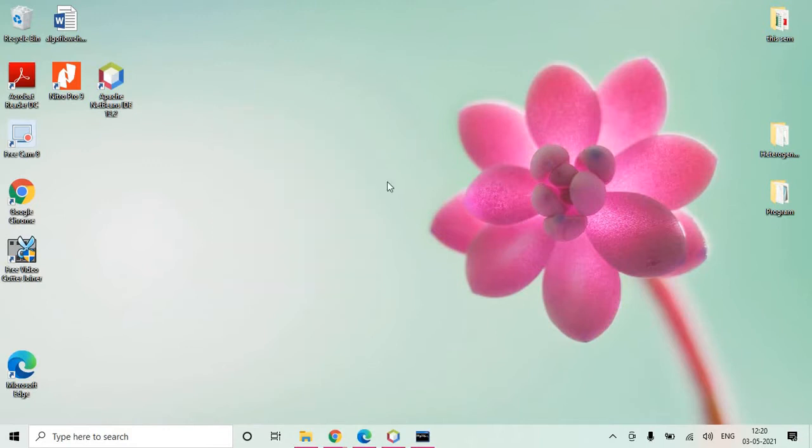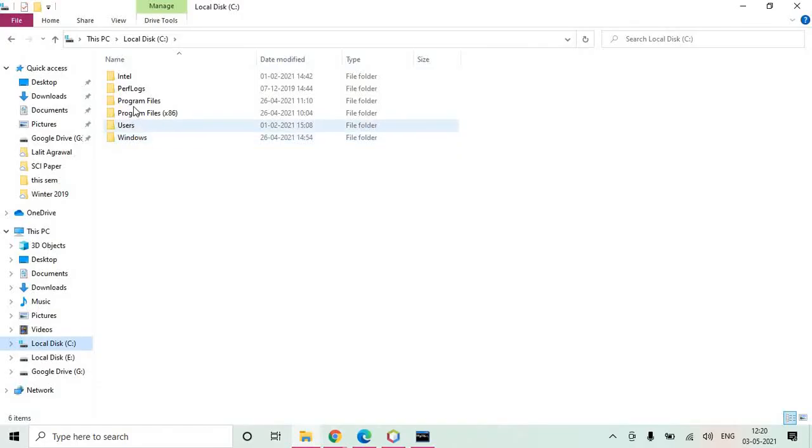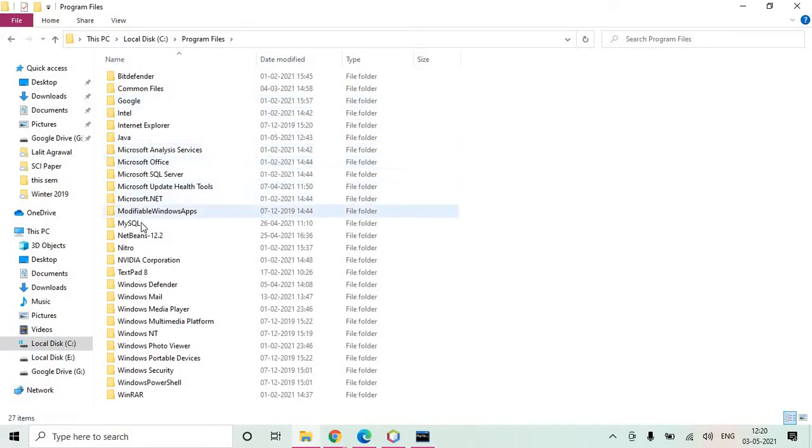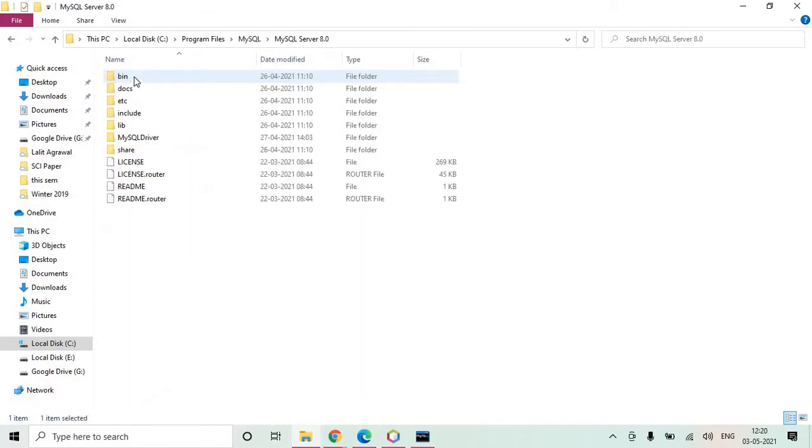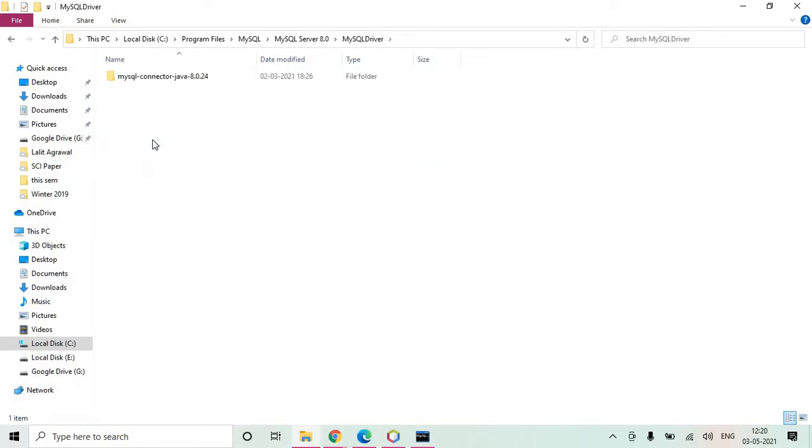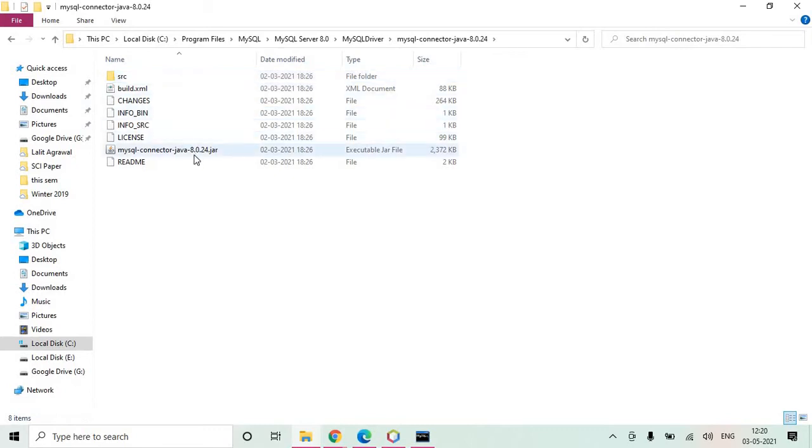I went to Program Files, the MySQL folder, created a MySQL driver folder, and placed the MySQL connector Java 8.0.24 there, the file you just downloaded from mysql.com. It contains the jar file, mysql-connector-java-8.0.24.jar.